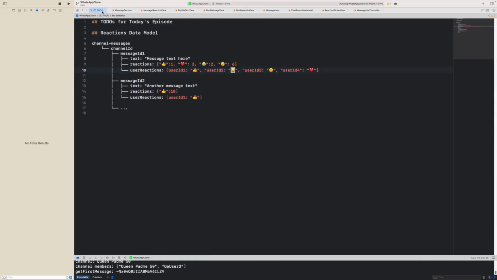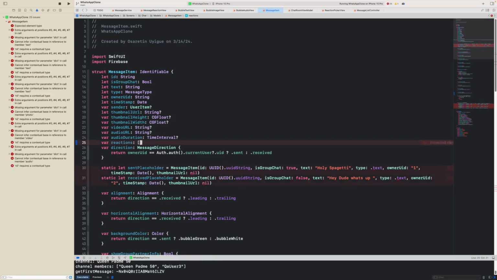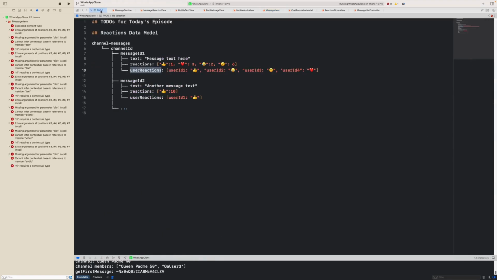Because if you jump into our to-do, remember we added these two nodes. We added a reaction node and we added a user reaction node. And we need to actually attach this to our message item because we have not done that yet. So we're not even decoding it. I'm going to create two new properties right below here. The first one is just going to be the reactions property, of course. So I'm going to say var reactions. And the reaction is going to be a dictionary, because if you remember from our to-do, it's a dictionary of